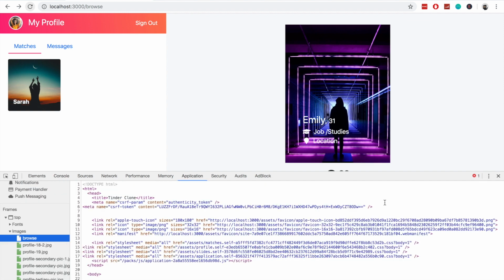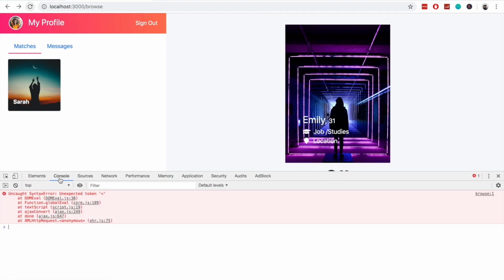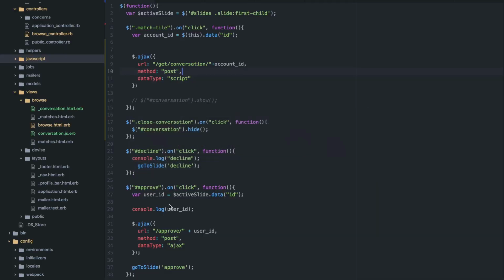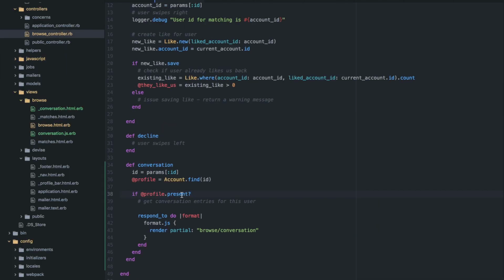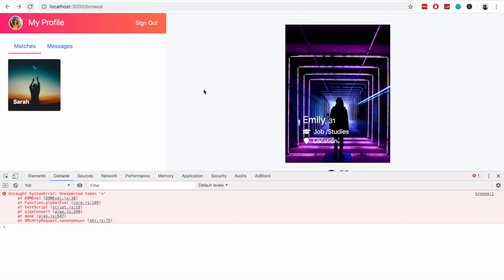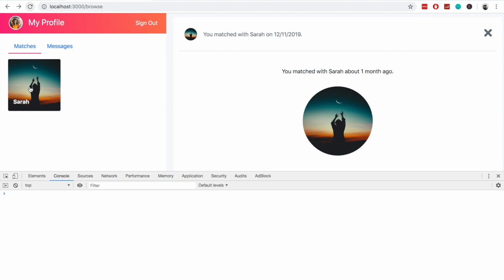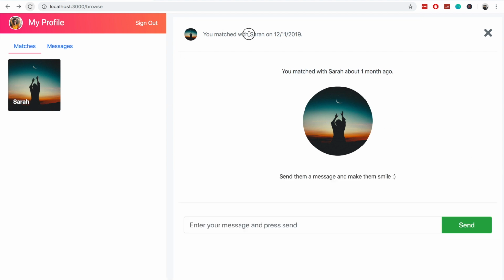And again, we are experiencing another issue here. It's showing an unexpected character, and if you look back at our controller, it looks like we have made a mistake here. We're trying to render a partial, and really it should not be a partial. It should be the JS file that we're loading. So let's remove that and try again. And we are working this time, so that's fantastic, and it's given the right name, the date, and there's another